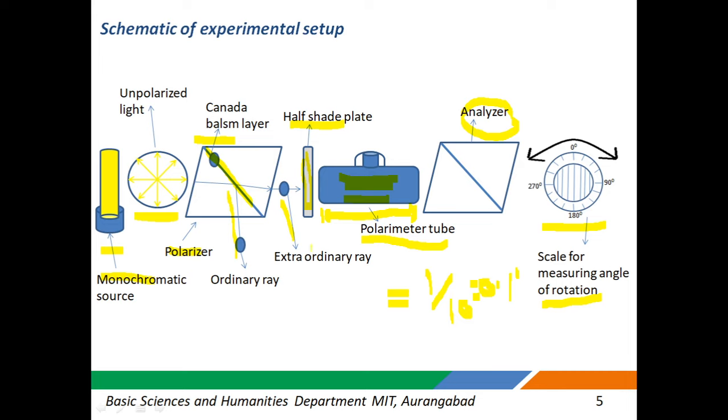One more concept question here: how many nickel prisms do we use and which one is allowed to rotate? As you might have correctly identified, we use two nickel prisms. One of them is the polarizer and the other one is the analyzer, and the analyzer is allowed to rotate.